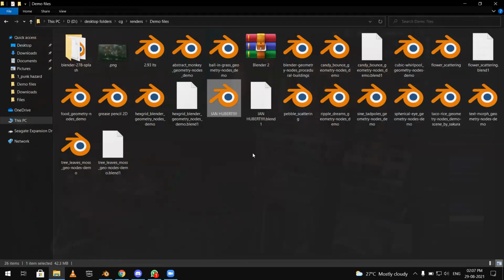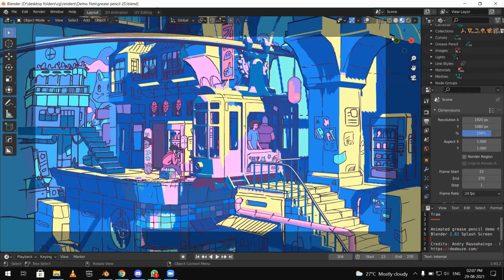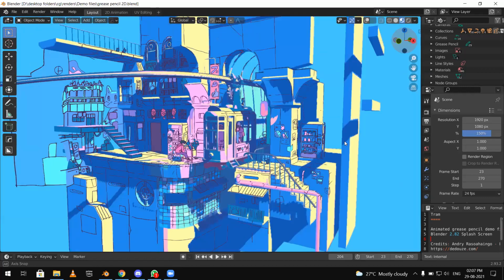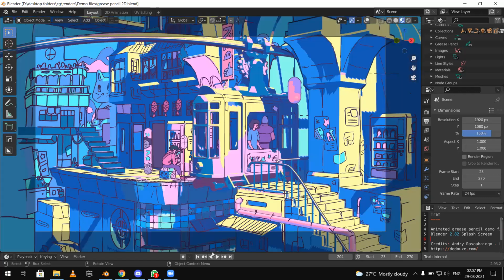One last file that I would like to show you is this one. Yes, a good example of 2D art in Blender. This is called the grease pencil feature. It came along in I think the 2.83 long-term support version of Blender. As you can see, this is actually a 3D scene, but it looks like 2D just because of the way the shaders are. And this is actually an animation. Let me play the animation for you guys.